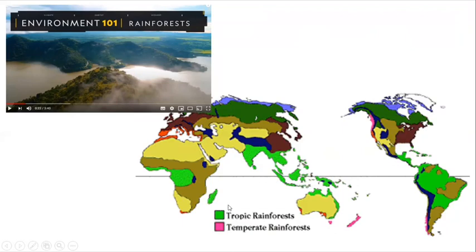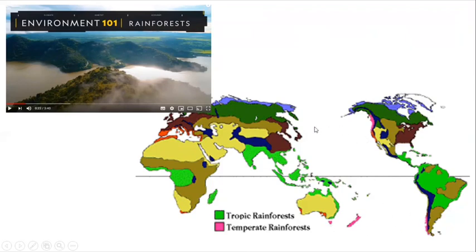And what's really important is looking at those really pale green parts and the pink parts. So the pale green, as you can see on the key, are areas of tropical rainforests. You can see there's quite a lot, especially here in South America. And then the pink areas, which are a lot trickier to find, are temperate rainforests. So you can see where my mouse is pointing to. Okay,